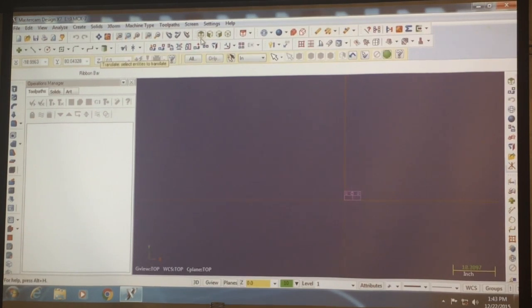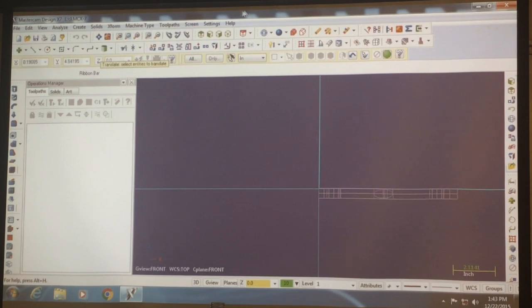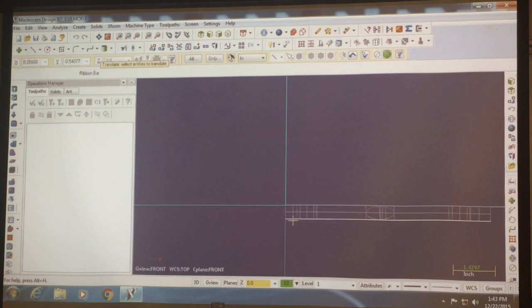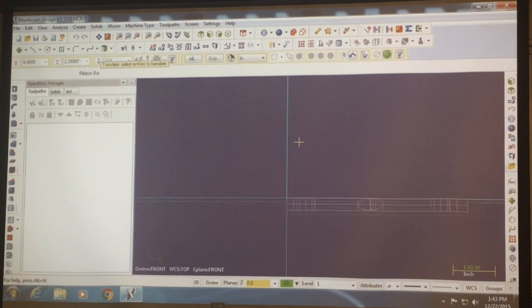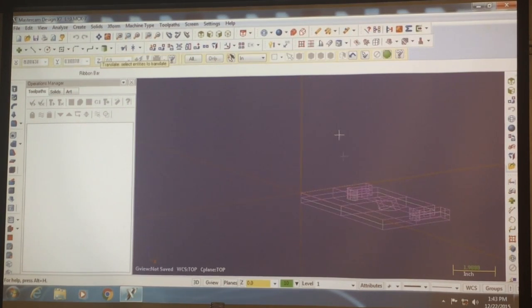And what we want to do is make sure that when we switch to a side plane, it's below the... So I just did the front top here, and this is the front plane, and it's below what would be the Y, but it's actually the Z. All right, so it's below the Z0. So top plane, side plane. If I move it, you can see it's below the Z0. So now make sure that everything that you're doing or moving is always in the top plane, because